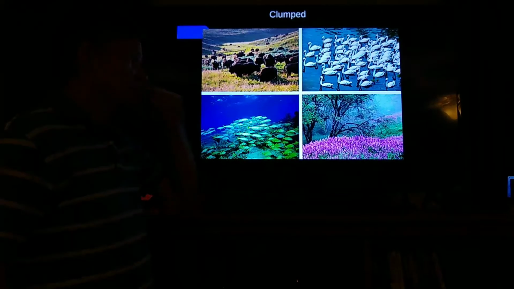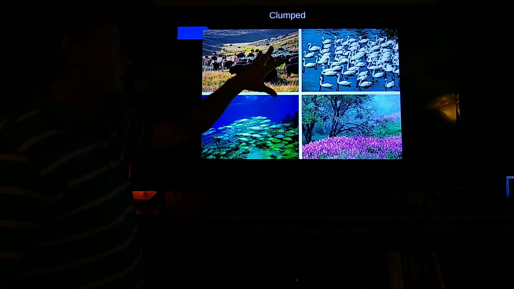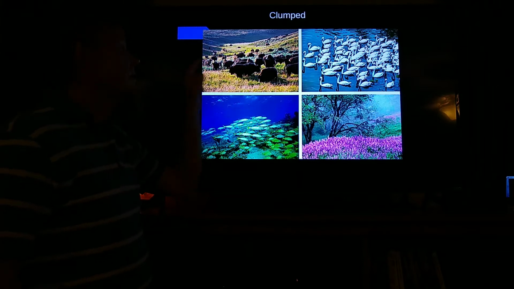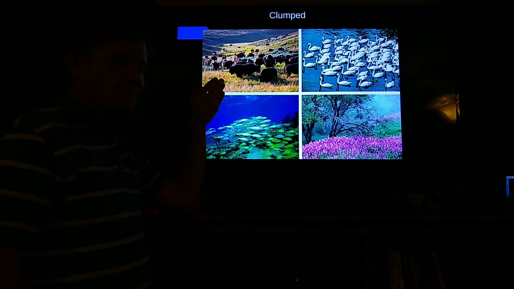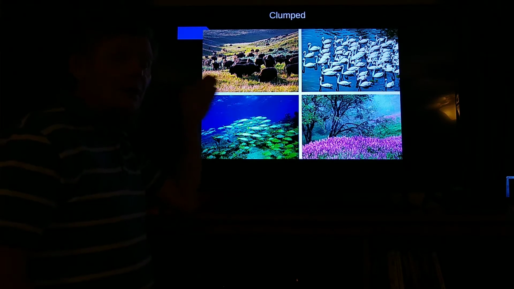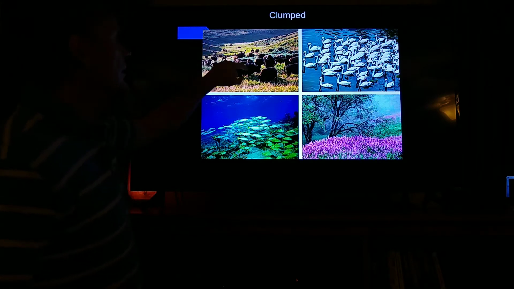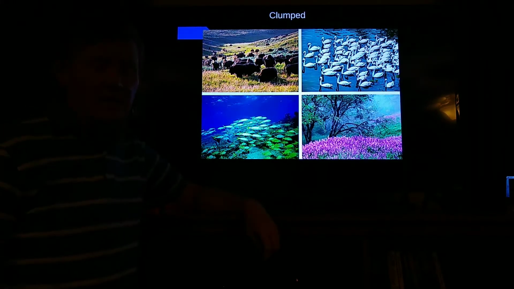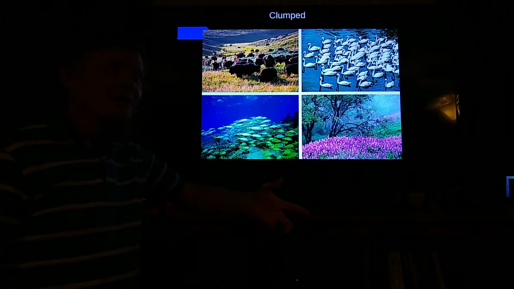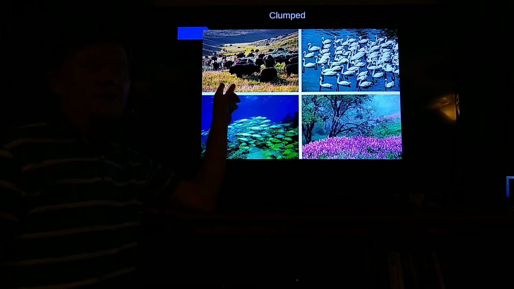In this picture here, there are large, rolling hills, grasslands all over the place, and we see a group of bison. How are the bison spread throughout this picture? Are they randomly spread, or are they clumped? You have a big grouping of them right here, and a few more spread out there. We see huge areas where there simply aren't any bison. Animals tend to clump together, especially prey animals, because prey animals clump together for safety.